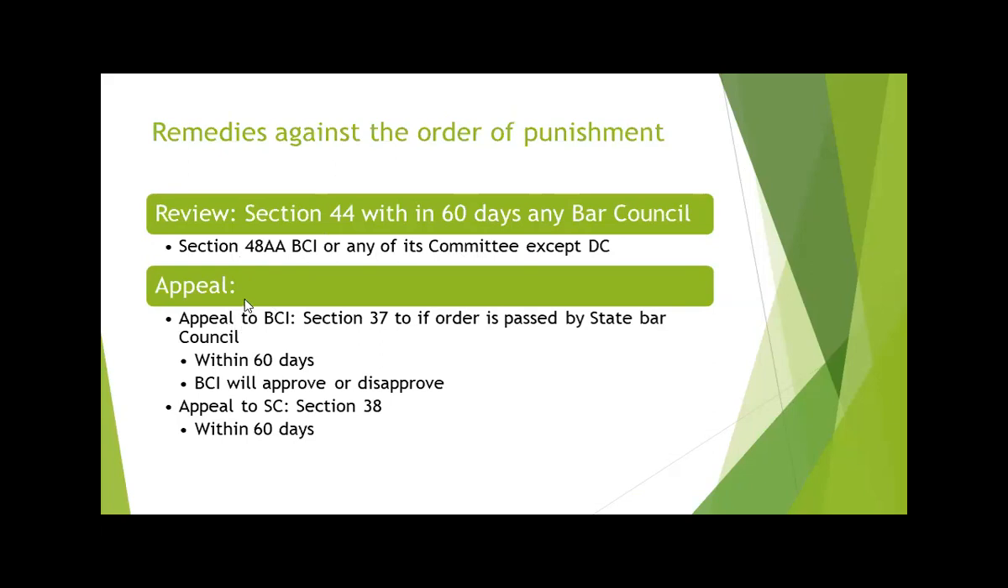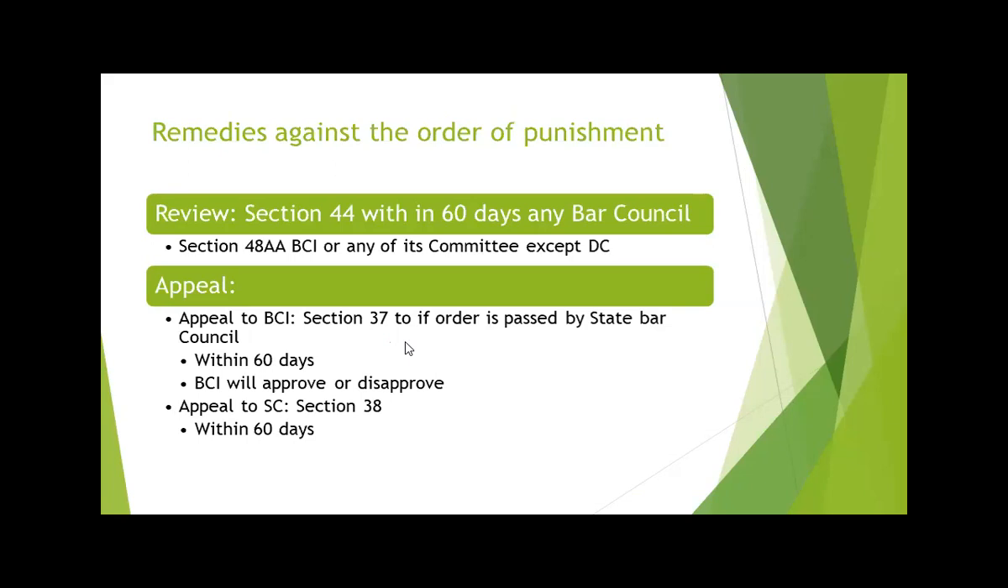Then the next process which is important is the appeal. The appeal is in two ways. The first is appeal to the BCI, from the orders of the State Bar Council disciplinary committee. So Section 37 is important for us. What does Section 37 say? Section 37 says that any person aggrieved by an order, not only the complainant or the respondent, but both the parties,